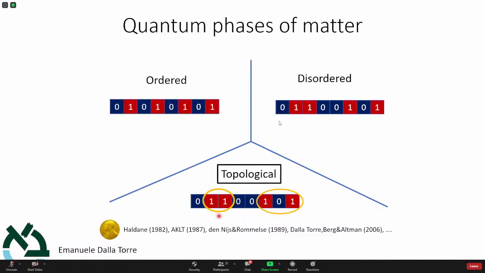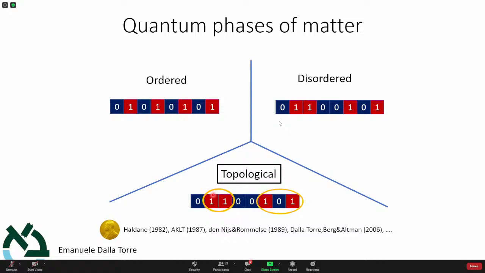And let me give you a pictorial example of such a phase in 1D with qubits. So what is the idea? The idea is that topological phases look like disorder, but somehow they have some hidden order. And in particular, for these one-dimensional phases, what happens is that there is a string order, and the string order tells you that although 0 and 1 come randomly, the ones sort of pair together. It means that if I observe 1, then there is a high probability of observing another 1 rather than 0. So not for odd, but for even. So they sort of come in pairs, not always neighboring pairs, but they are closer together.